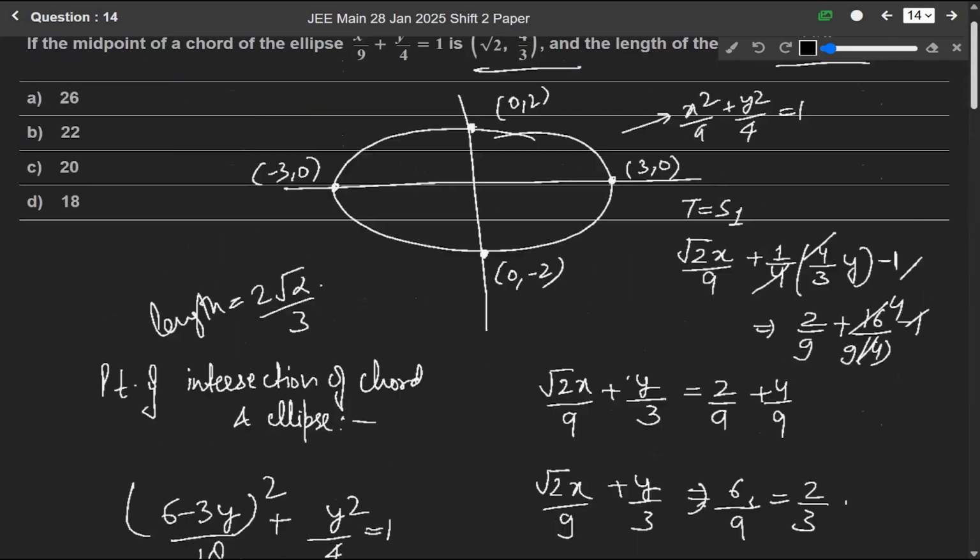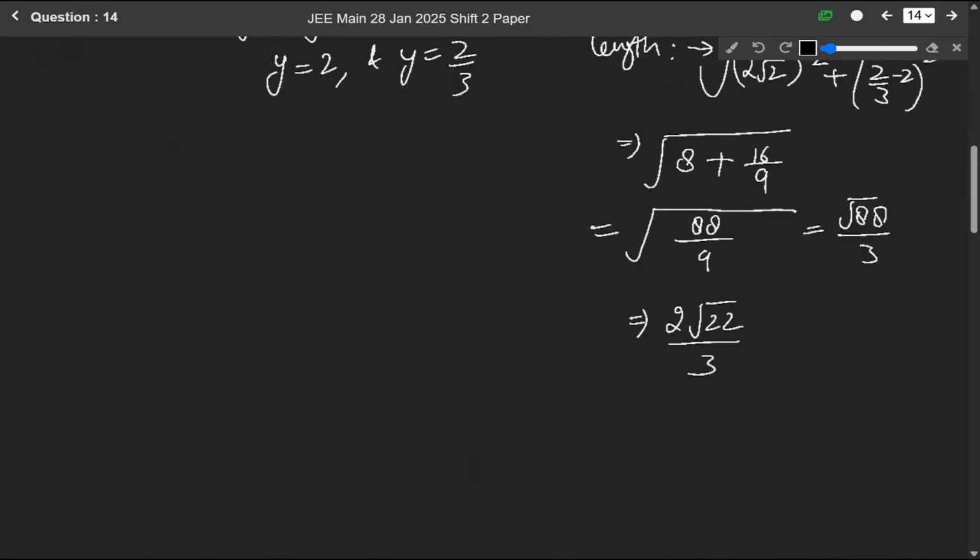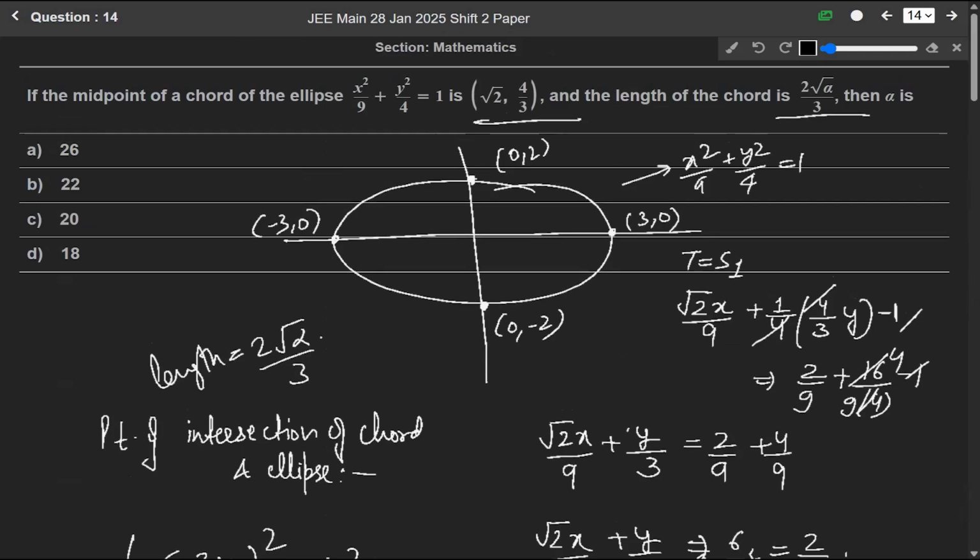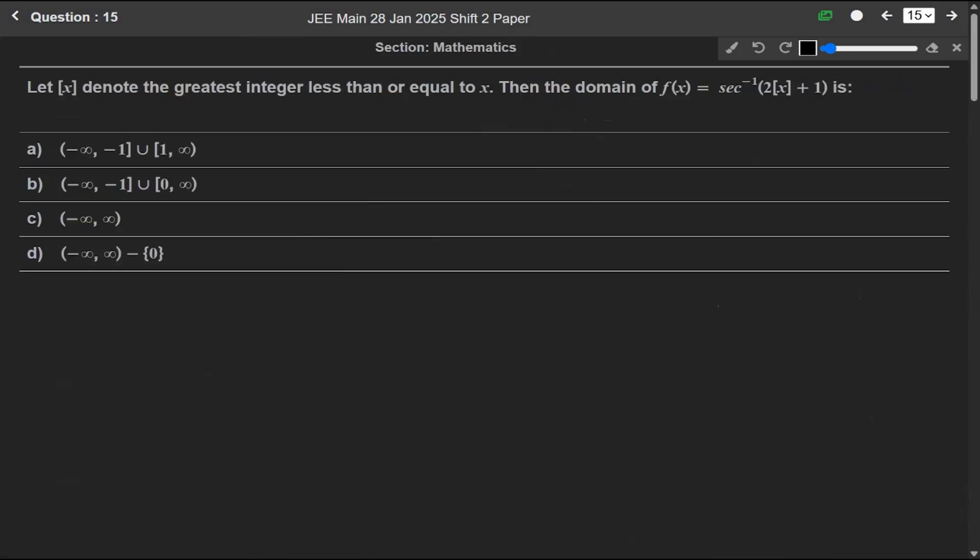So comparing it with that given in the question, that is 2 root alpha over 3, the value of alpha here is 22. So our answer is alpha equals 22, means option B is the correct answer. Now question